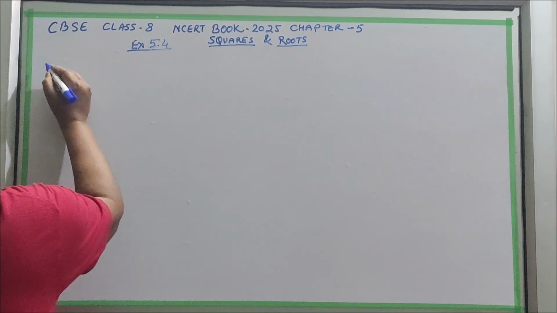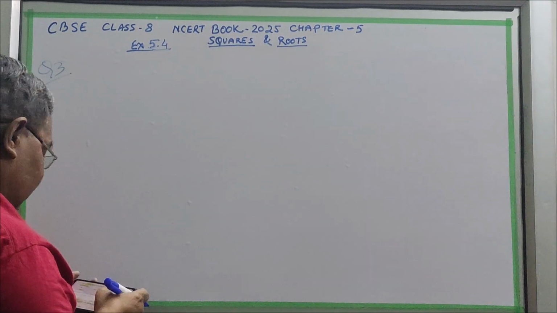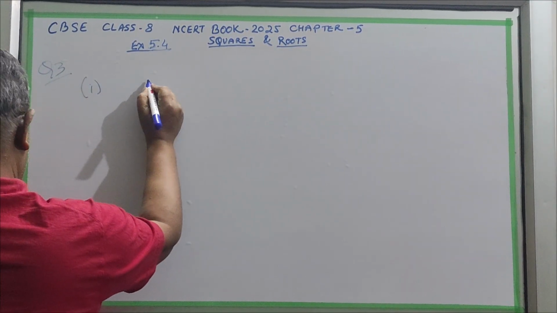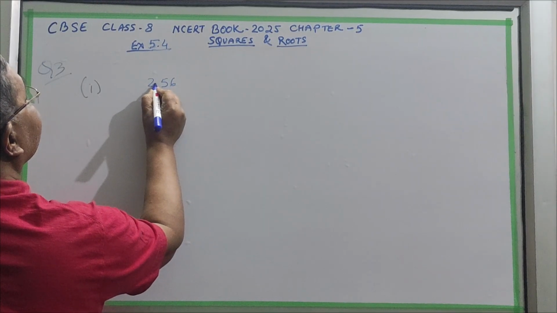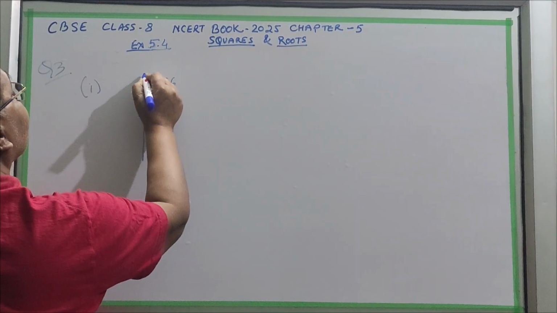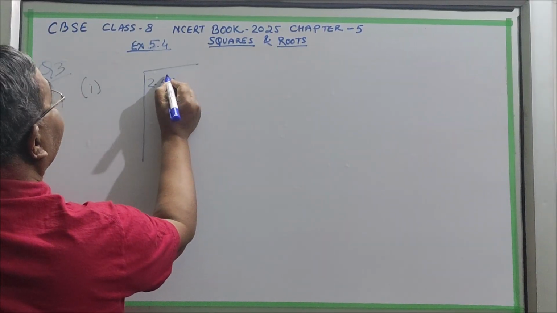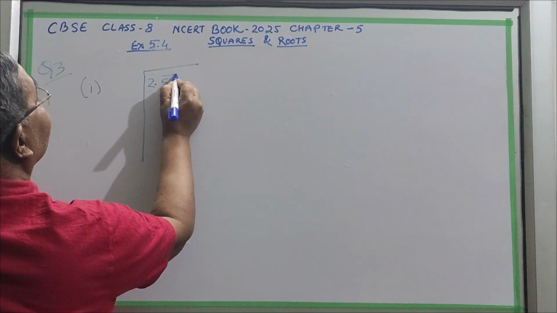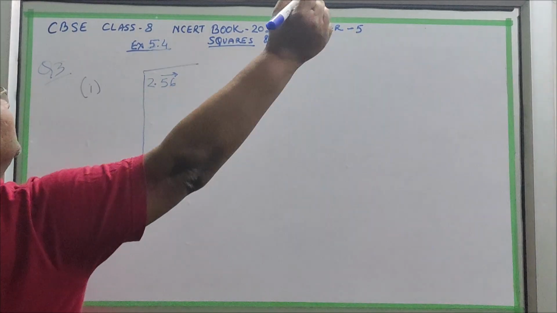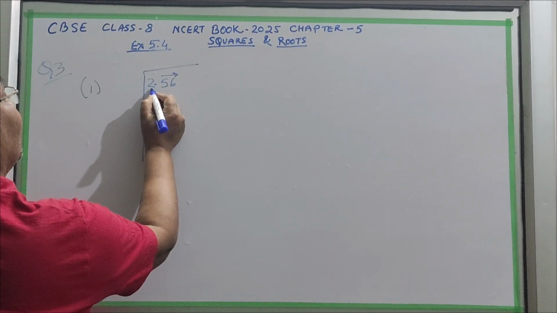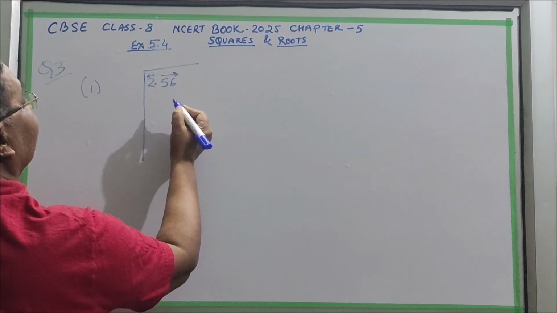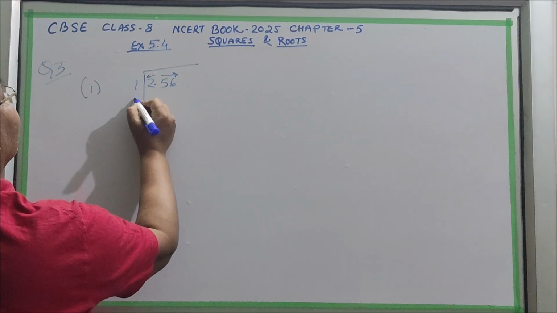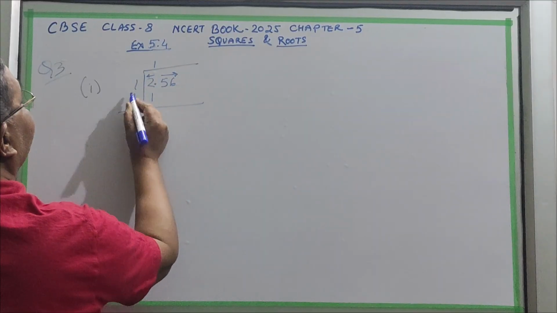Now question number 3. Find the square root of decimal numbers. So one we are taking, it is 2.56. This is a decimal number. Here you have to find the square root of the decimal number. So here again, the decimal side we will make separately, and the decimal side goes on right and right onwards. But the whole number always goes from right to left. So here only one number is there. So what we will do, 1 1s are 1 and its total will come 2.